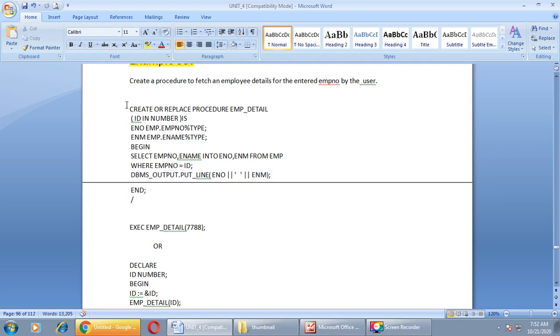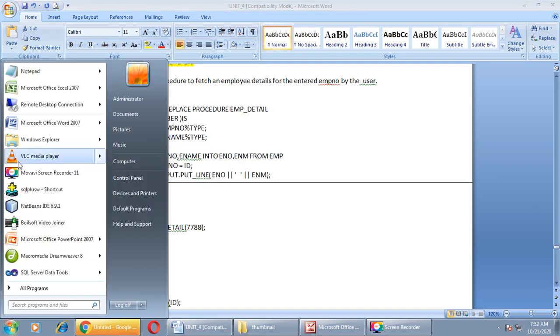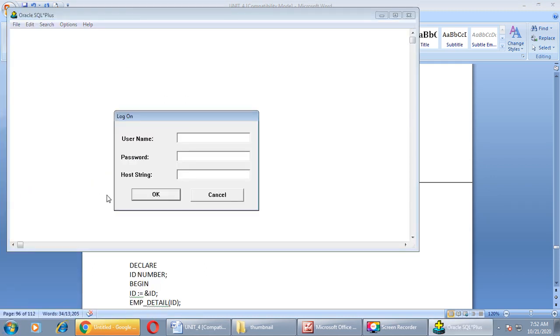Let us execute this procedure. For that, we need to open the SQL window.